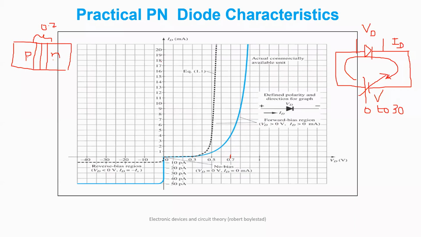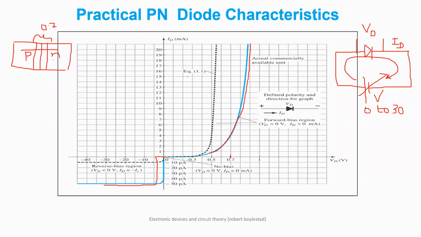On the other hand, under the influence of this voltage, the electric field increases. Electric field increase means more number of carriers will cross this junction. More number of carriers means more current. So that's why you can see exponential increase in the current. So these are your forward bias characteristics. Similarly, when you look at the reverse bias characteristics, you will see there is no current, and later on it will increase exponentially like that.